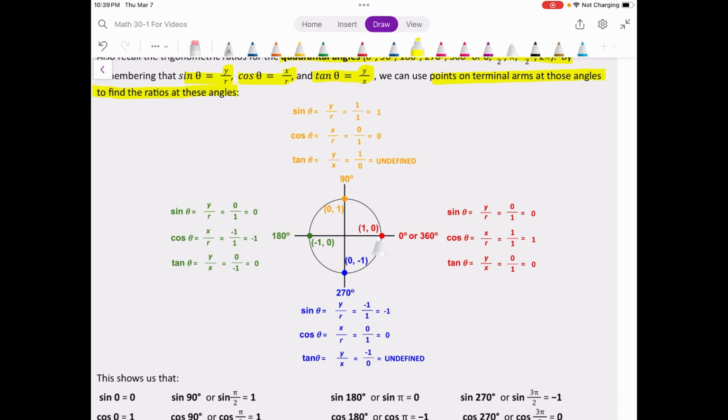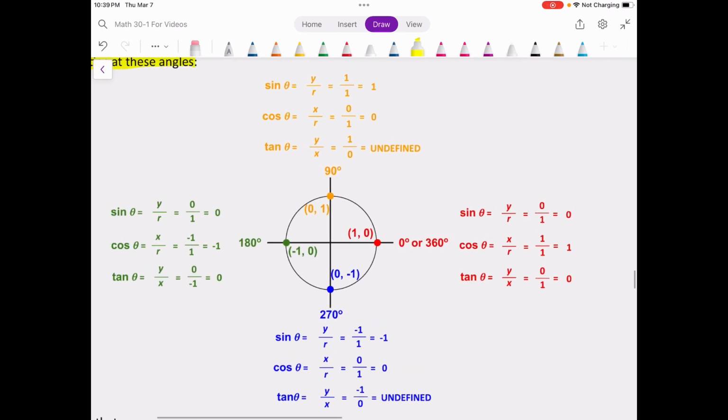Let's look at sine of 0, because we're looking at the quadrantal angles right now, right? Let's make our terminal arm have a length of 1 so that r is 1, okay? Now, think about this. What is a point that is on that unit circle and intersects with the terminal arm of an angle of 0? Well, it would be at 1, 0, right? It's all x, no y,